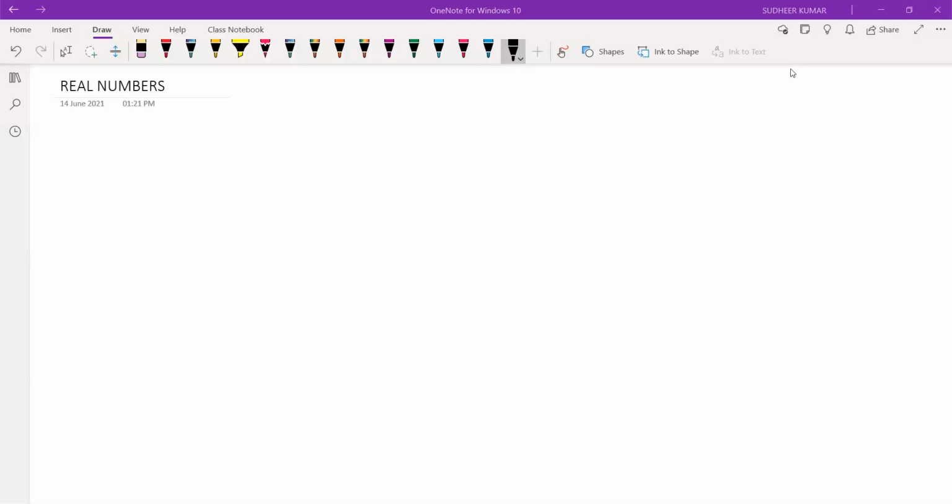So before starting the real numbers, let us recall the natural numbers. As we know, natural numbers start from 1: 1, 2, 3, and so on. Then if you include 0 in the natural numbers, we get